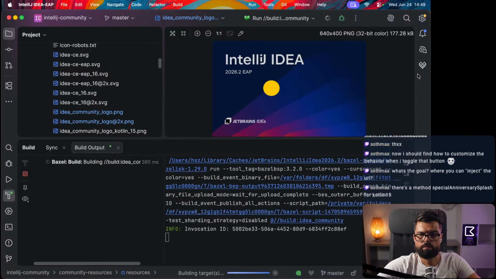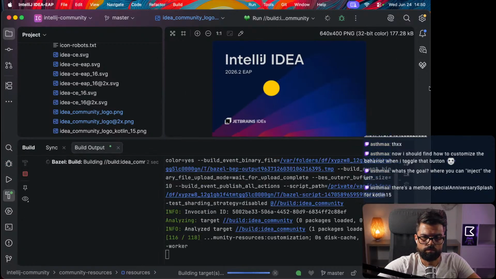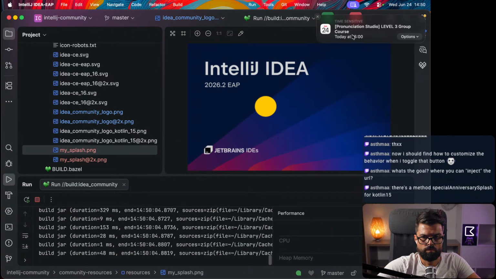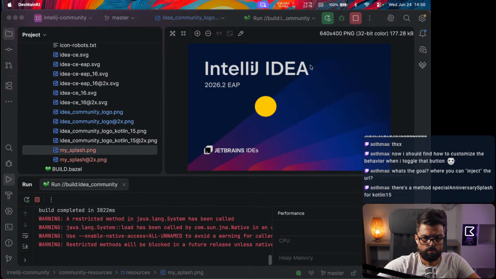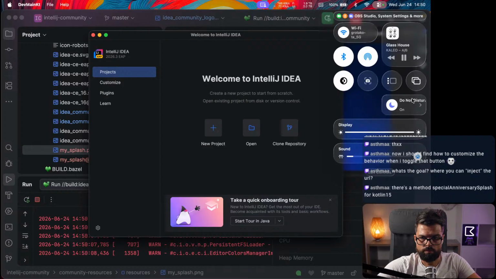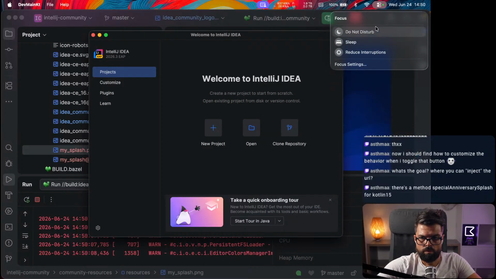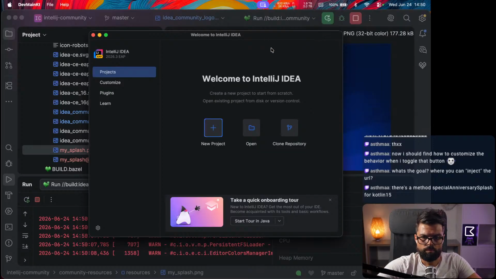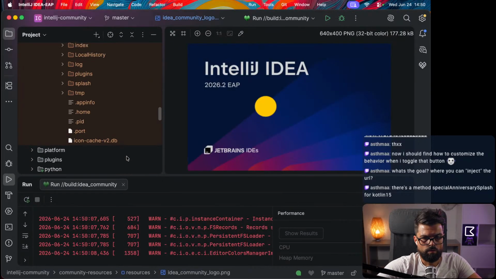Let's try again. Okay, it's another cache, I believe. So once again,